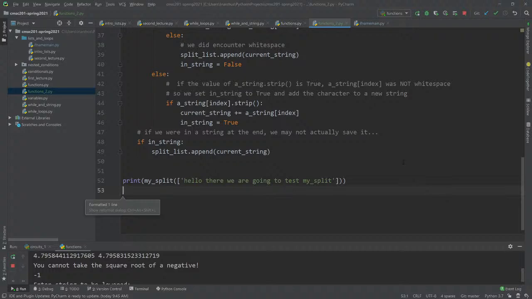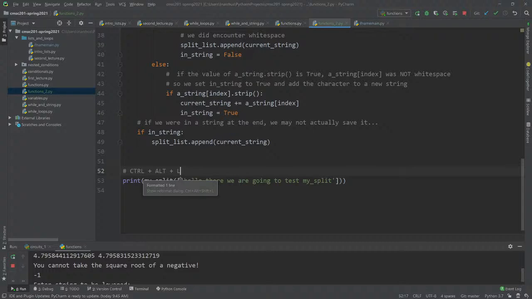Incidentally, in PyCharm, if you do Control-Alt-L in Windows, and I don't know what the command is on a Mac, but there's a similar command in Macs that uses their own command keys or whatever. If you do that, then it reformats to fix PEP8 problems, if it can. So you see how it got rid of that underline.